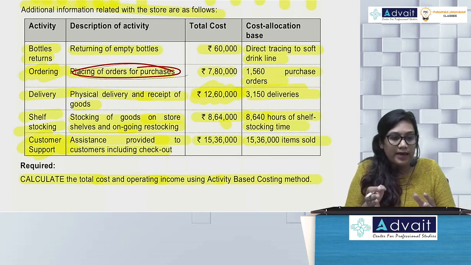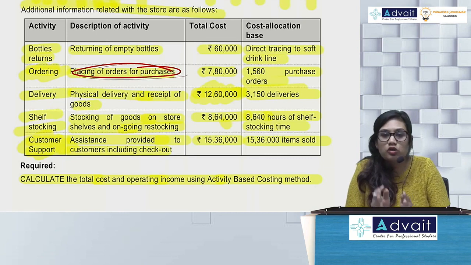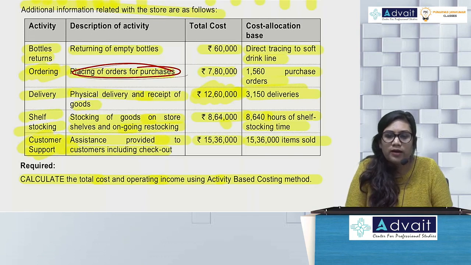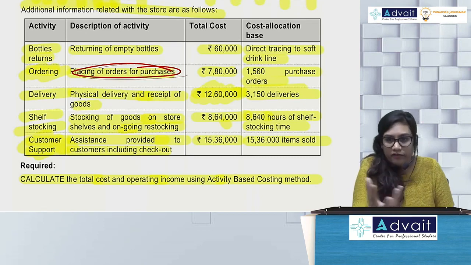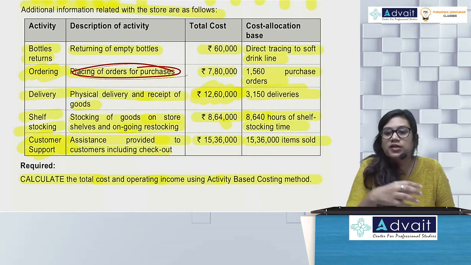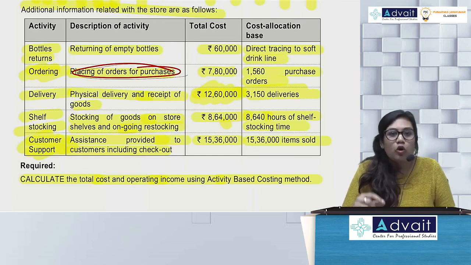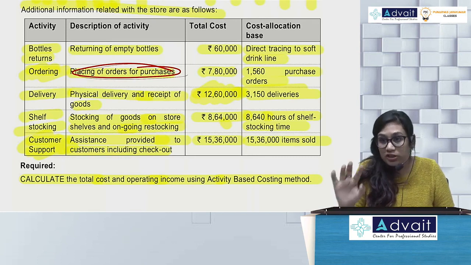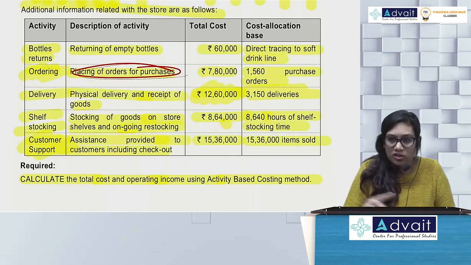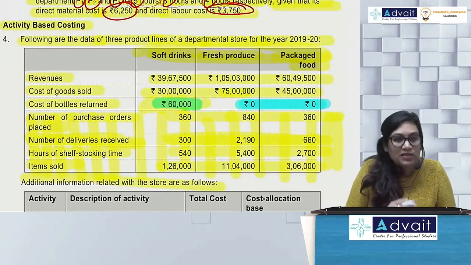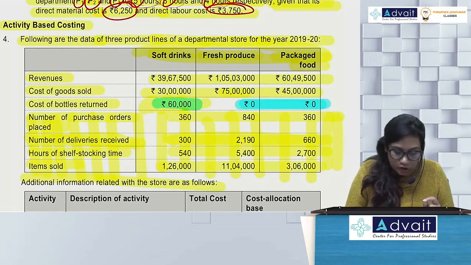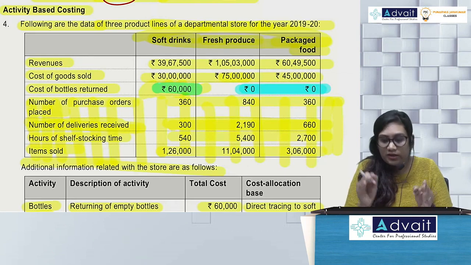This is not going to be solved as per the traditional costing method that we saw in the previous problem. So everything will not be divided by number of hours. Here we are going to associate overhead costs with different activities, and for different activities there are different cost drivers. So based on that activity's cost driver, we will first calculate the cost driver rate and then charge that cost driver rate to the respective segments. That is what activity based costing is. So shall we start? The first thing we need to do is calculate our cost driver rates.